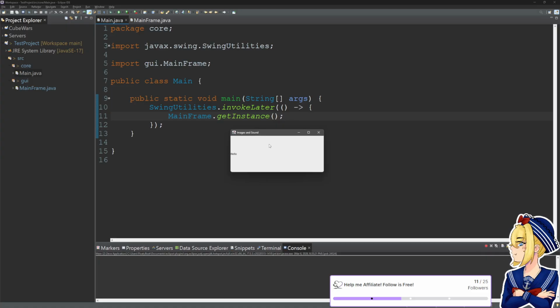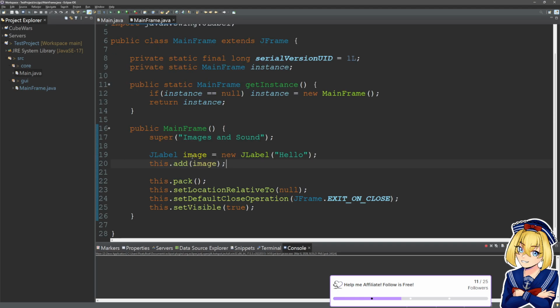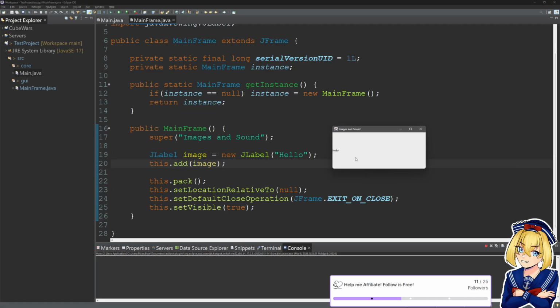So now we have Images and Sound, now that we're actually loading the correct program. And here we have something that says hello. That is our JLabel that we created here, and we added it to our JFrame.